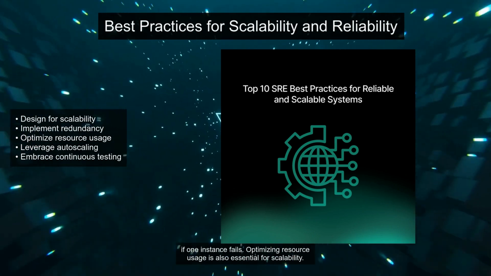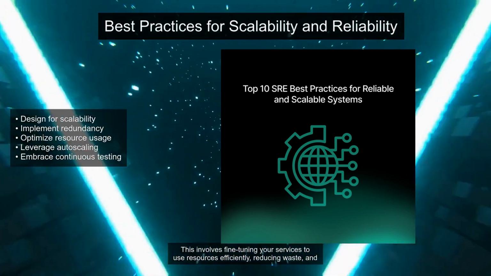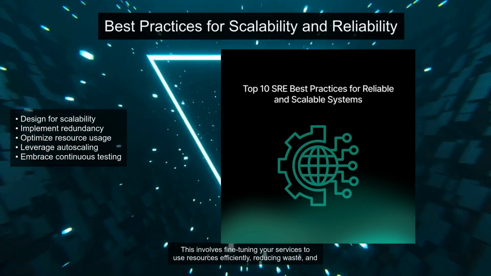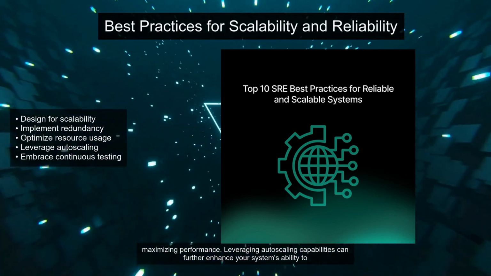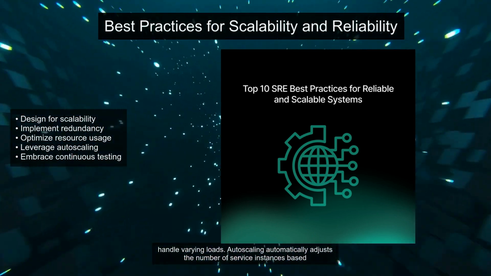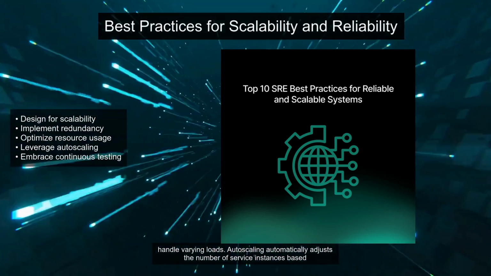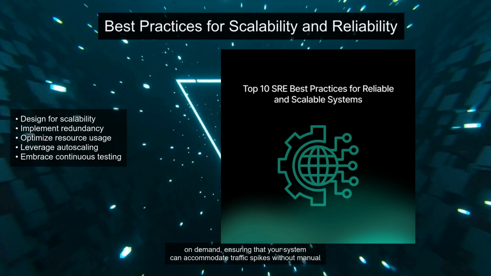Optimizing resource usage is also essential for scalability. This involves fine-tuning your services to use resources efficiently, reducing waste, and maximizing performance. Leveraging auto-scaling capabilities can further enhance your system's ability to handle varying loads. Auto-scaling automatically adjusts the number of service instances based on demand, ensuring that your system can accommodate traffic spikes without